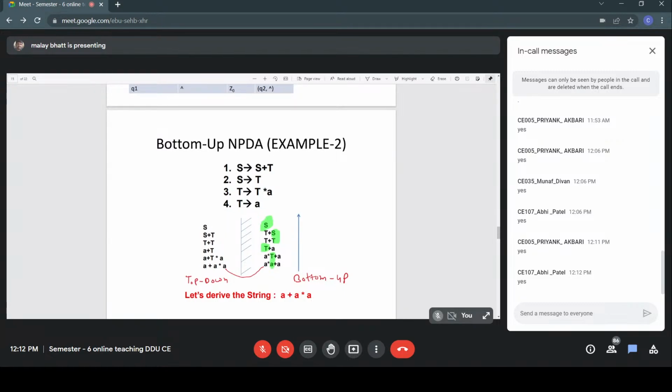Right? S gives S plus T, leftmost derivation. Then S reduces to S, from S we are deriving T. We are having T plus T. From T we'll derive A plus T, leftmost derivation. And then for this T, we have T into A. Again, it is a leftmost derivation. And last, we are getting A plus A into A in the top-down part. Now, when we generate a mirror image, you can see the leftmost A will